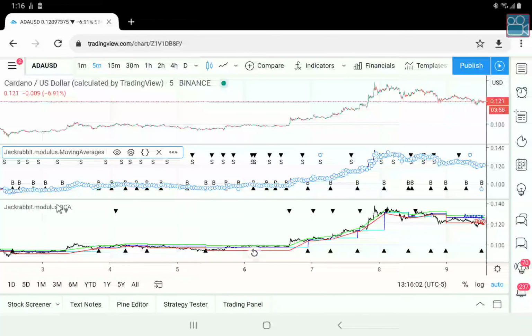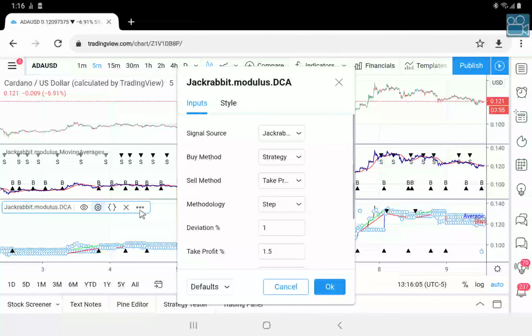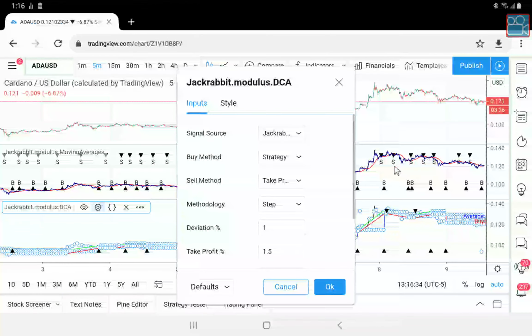Now, let's look at the DCA. Not very much here, but I did add a little twist. I'm using strategy to buy, but I'm using take profit to sell. And my take profit is at 1.5%. I went this way to take advantage of the sell signals in one respect, because you can see they line up quite nicely. But at the same time, I wanted a maximum level of profit as quickly as I could get for this